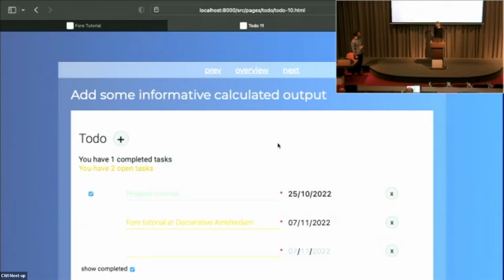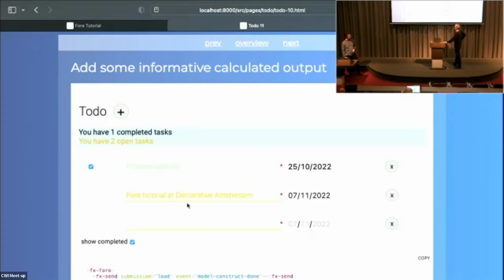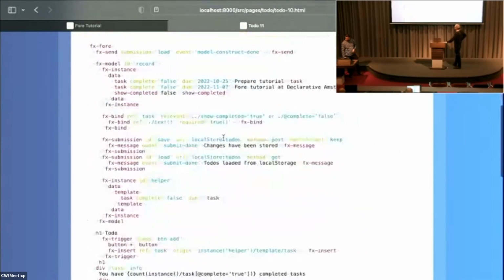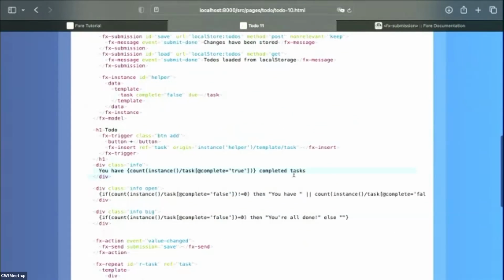Okay, what we have here is that you have two computed things. At the top here, those two lines were added now, showing you the results. So that's just informative messages. We also did it with template expressions. You want to see them? They are here. So class info, class info. So what we can do,